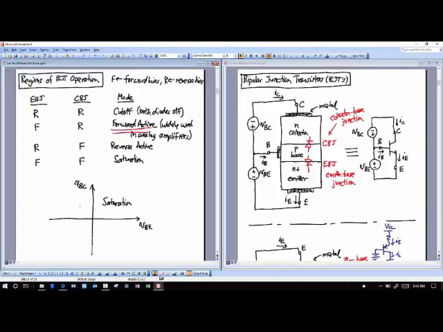Okay? This region here with the VBE off and the VBC on, this is our reverse active region. Okay? And then so on and so forth. Both of them off, that's cutoff. And finally, VBE on, VBC off, that's forward active.